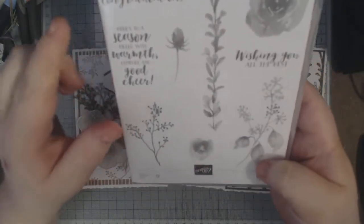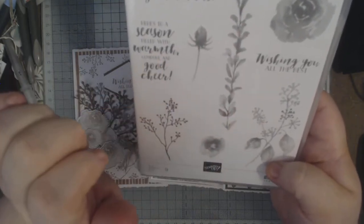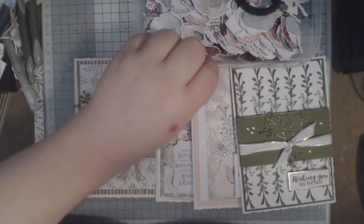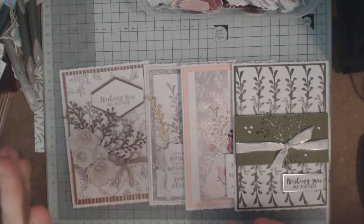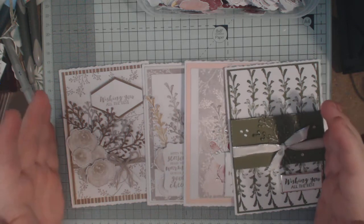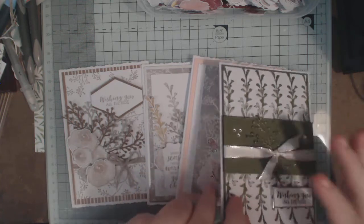So I have mounted a few of these onto blocks already. This one, that one, this one, and that one. Because I actually already have a lot of the flowers in different colours already stamped and punched, die cut out. So these are 4 that I've made off camera. They're all new designs. If I have made a card using First Frost prior to putting this series together, I don't include it. These are brand new projects for this series,